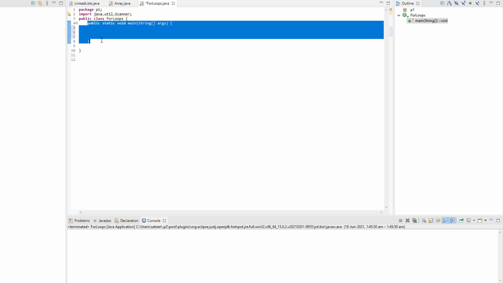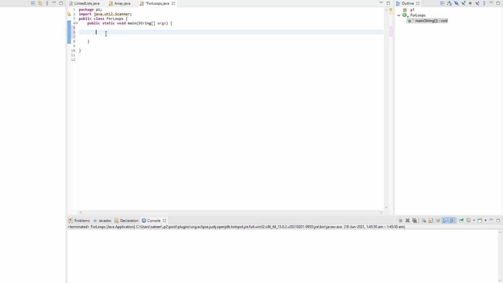Right here I made a class called the for loops, and inside this for loop class I have made the main method. Now let's suppose that you have a company, and inside that company you have a lot of employees. So in order to store the name of the employees, what we usually do is just, let's say,